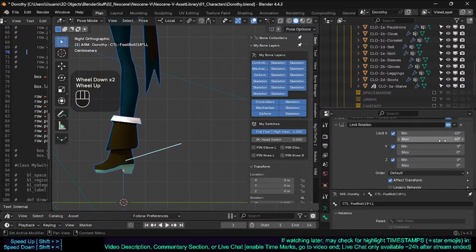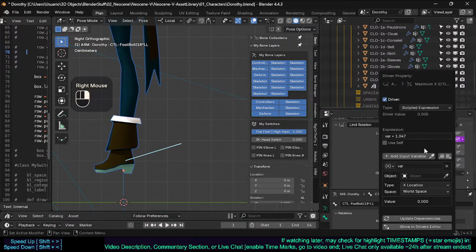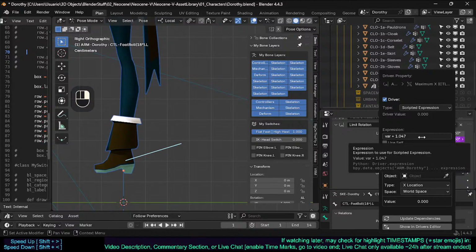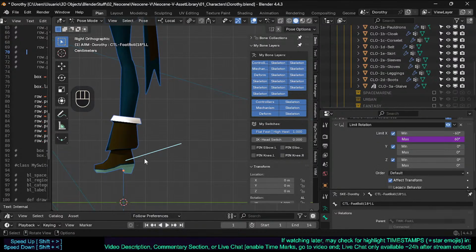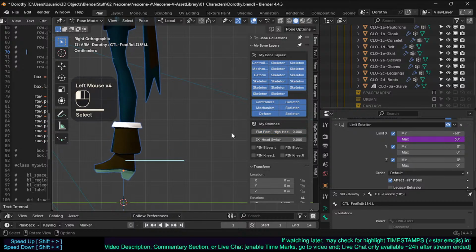Let's see. Add driver. Okay. Yeah, this is radians. Oh yeah, there's a problem. This is radians for sure. Now is when I need those radian values from the ones I've calculated before. Okay, let's